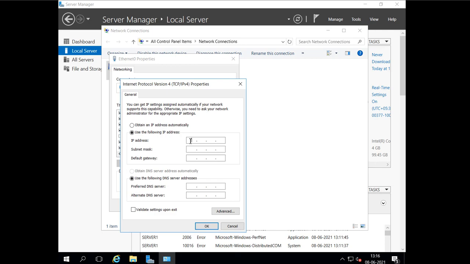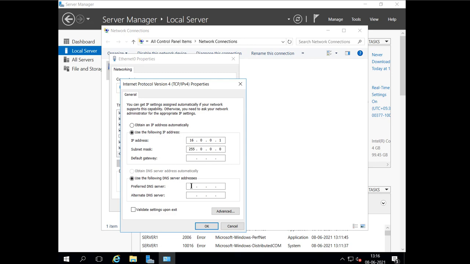I'm going to use a simple IP address of 16.0.0.1. Then you will give the subnet mask. Now if we have a gateway address, that means if we have a router available in our network, that router address will come here in the gateway. Then the DNS server address. If we have any DNS server in our network, we will give the DNS server IP address here.